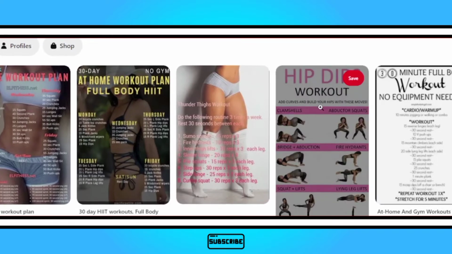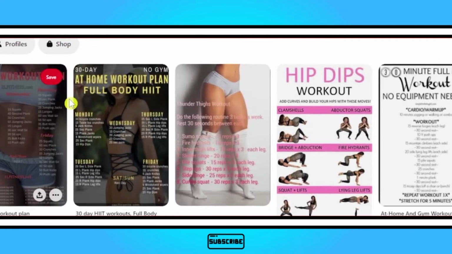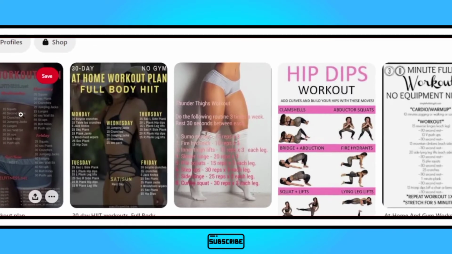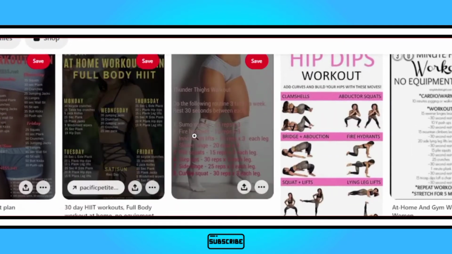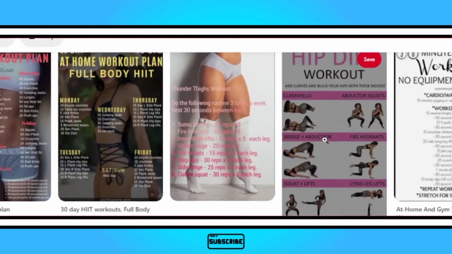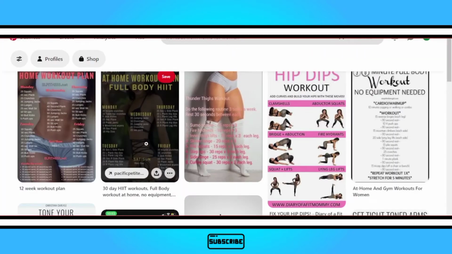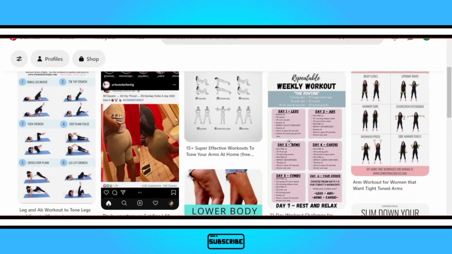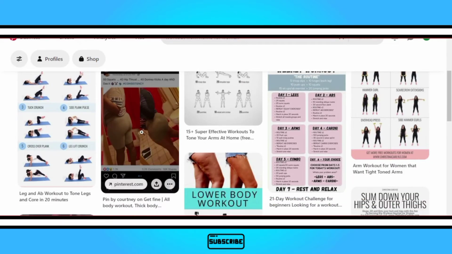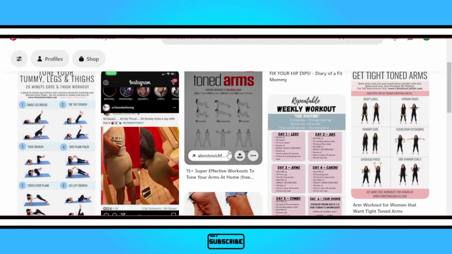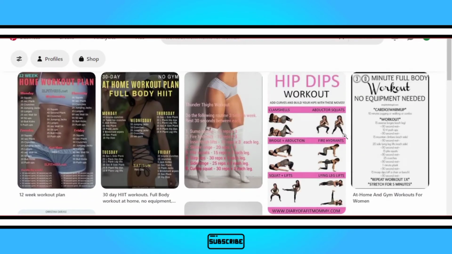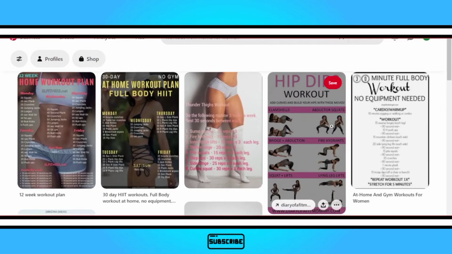You can see all of these are home workouts, and all of these lead somewhere. So what you can do is use all of these images and recommend products. For example, this girl is doing